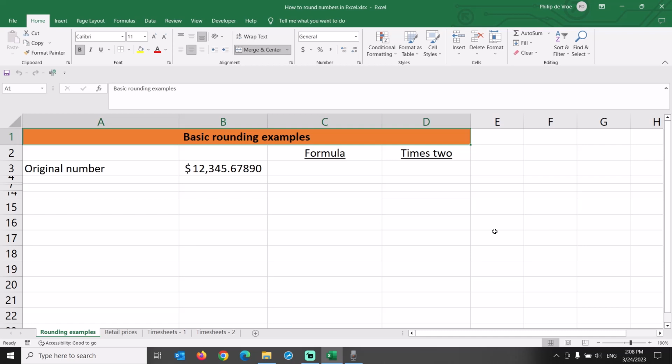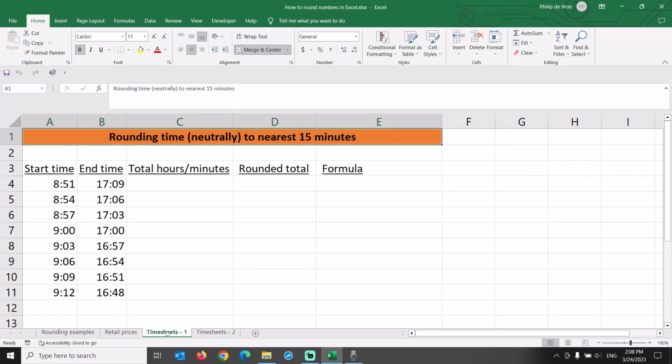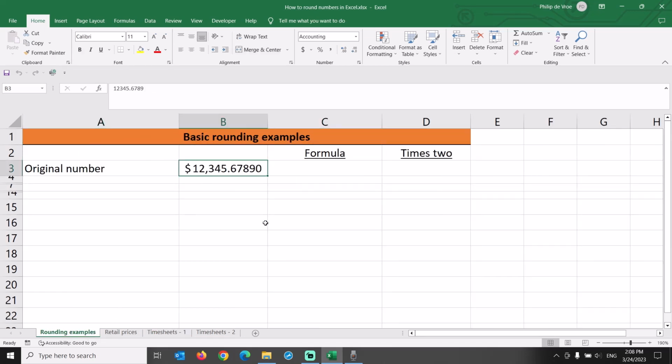How to round numbers in Excel. Let me take you through various basic rounding examples, as well as specific cases of rounding for business use, such as retail pricing or timesheets. Here's the first example. We want to simplify this number here,